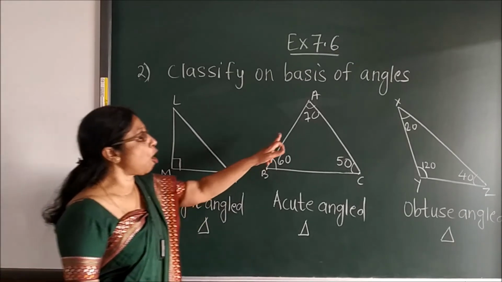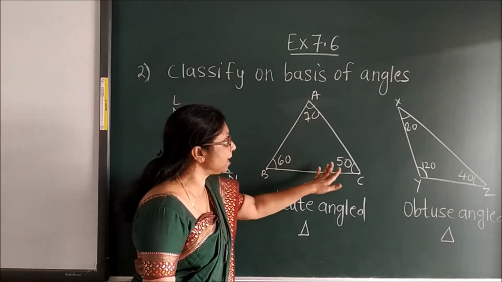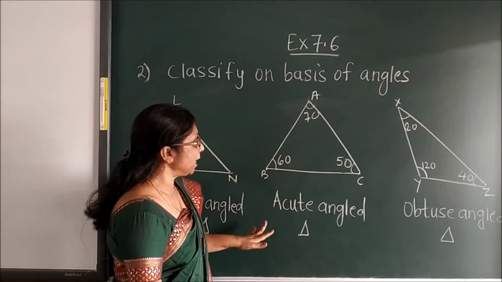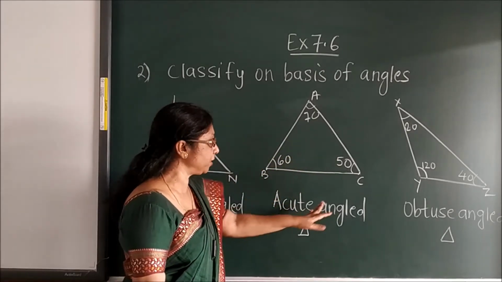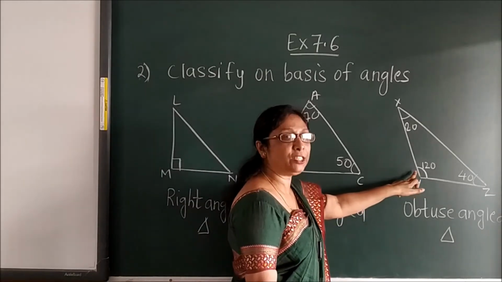Here you see all the measures are less than 90. When all the measures of the triangle are less than 90, we call it an acute angle triangle. Then here you see one angle is more than 90. So